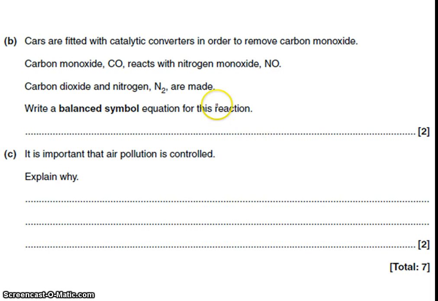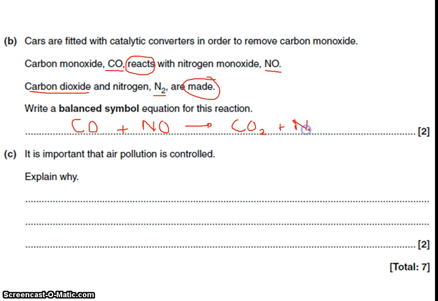The last question is on catalytic converters. So the first question is an easy one because it's about an equation. So it says carbon monoxide reacts with nitrogen monoxide, and it says that carbon dioxide and nitrogen are made. So we always circle reacts and made because that tells us what our reactants and our products are. So we're going to get CO, carbon monoxide, plus NO goes to CO2, carbon dioxide, plus N2,